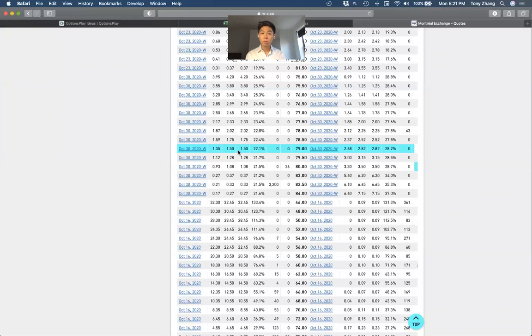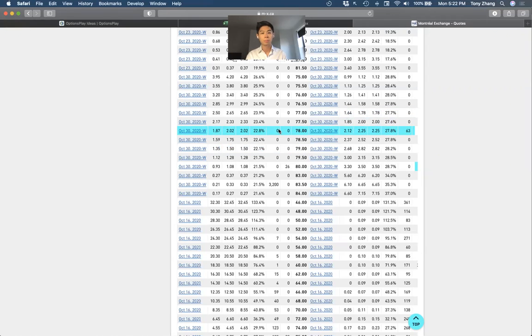when you exercise your long call, you've given up all of that extrinsic value. You're better off selling your long call, taking the proceeds of that, and then satisfying the short call, or simply buying back the stock. Just because you got assigned on the short call doesn't mean that you have to exercise your long call. I actually encourage you, don't exercise your long call because you are giving up free money when you exercise your